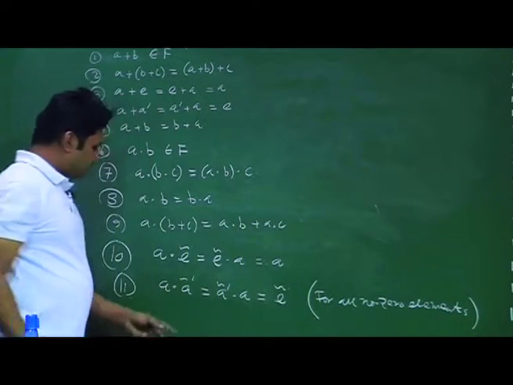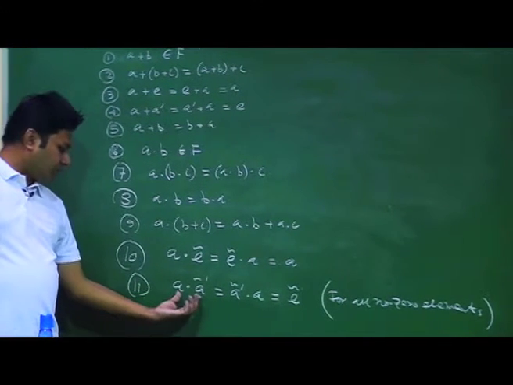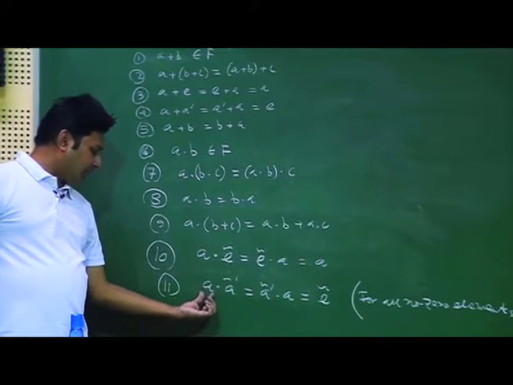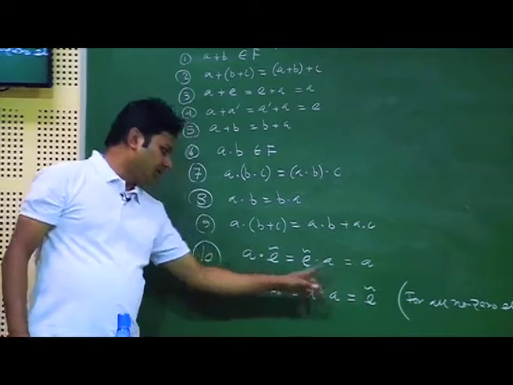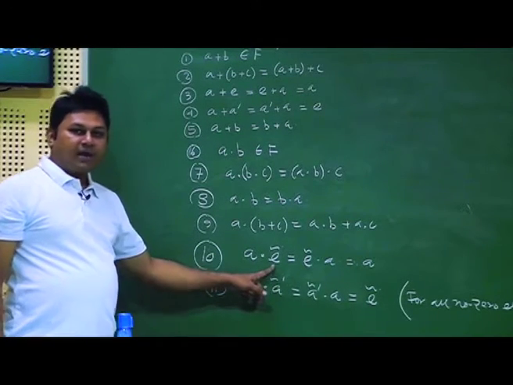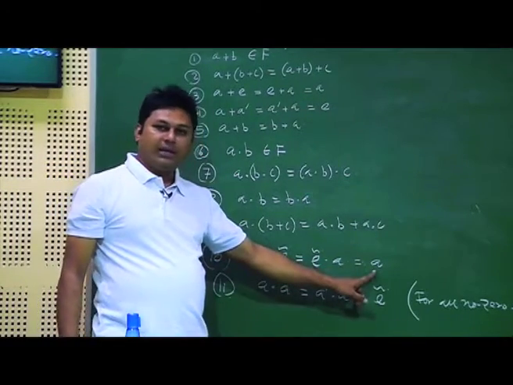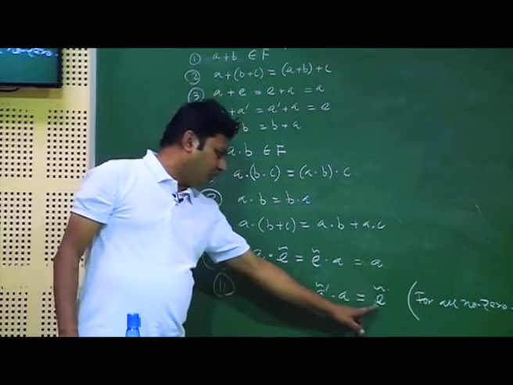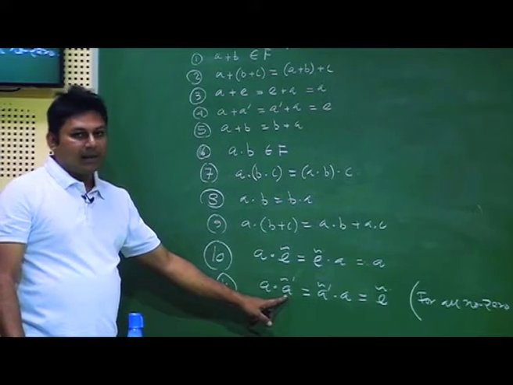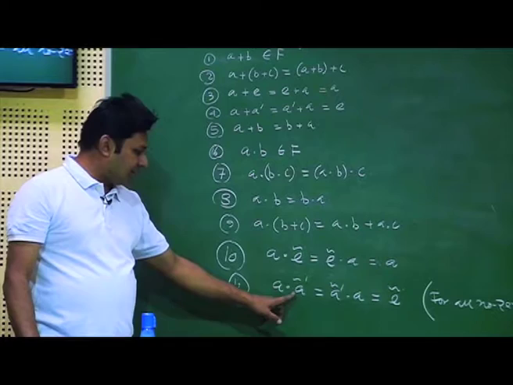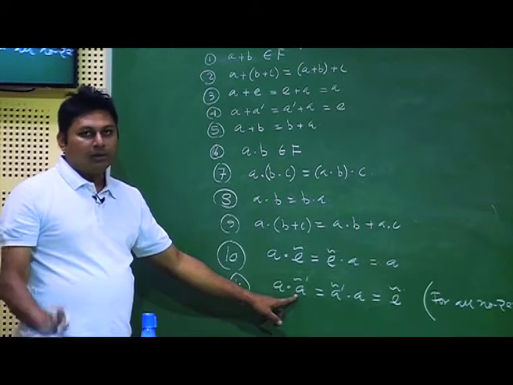In the field, if there are some zero elements, our normal perception is that whenever I multiply some number with the inverse of that number, I return back 1. Normally 1 is the multiplicative identity. If I multiply a with 1, then I return back a. So, if I want to return back 1 here, I need to multiply a by something, which is 1 by a. Now, a tilde prime is nothing but 1 by a in the normal sense.